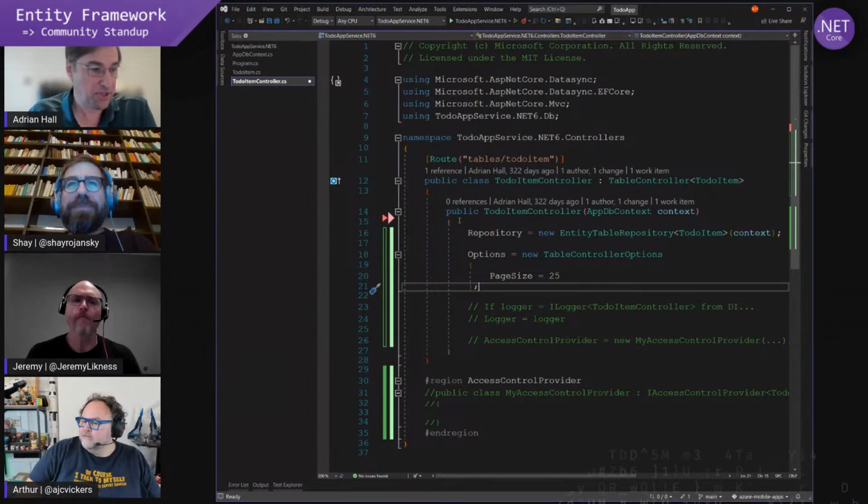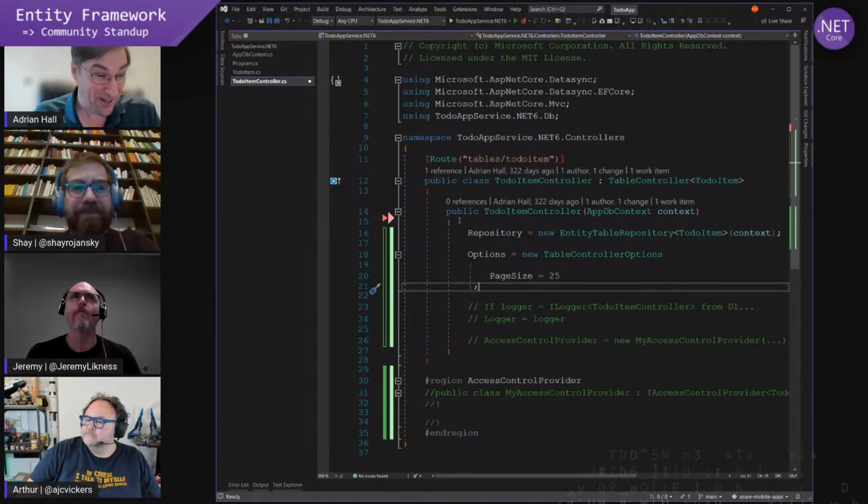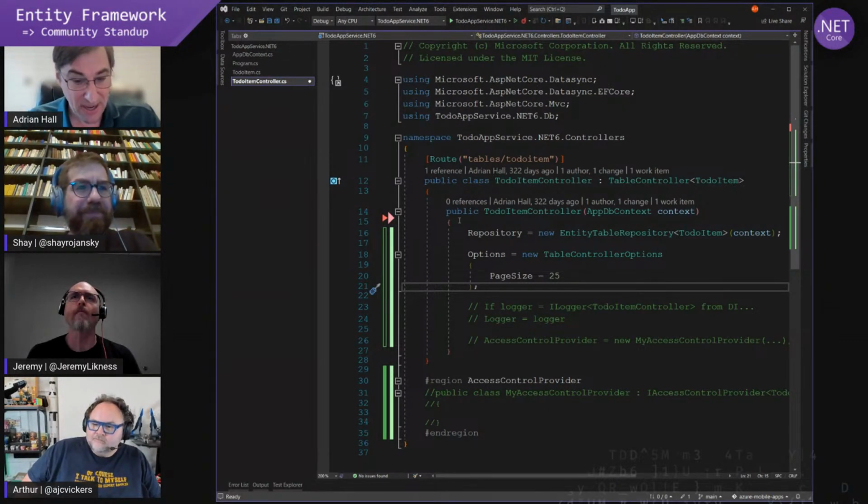Other things that you can do: there's inbuilt logging that integrates directly with the logging mechanism for ASP.NET Core. And you'll hear this a lot, I try to integrate with the ASP.NET Core features as much as possible.